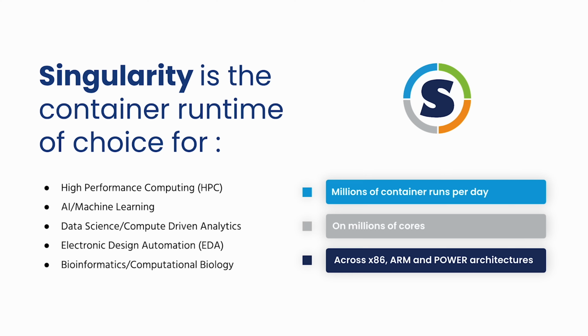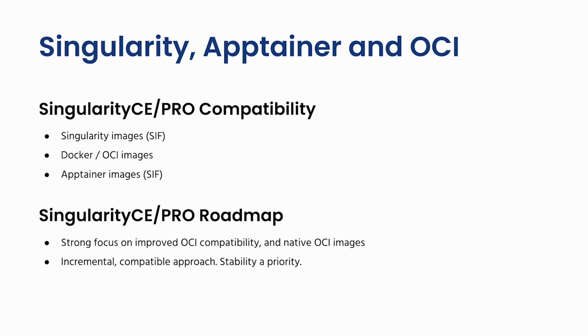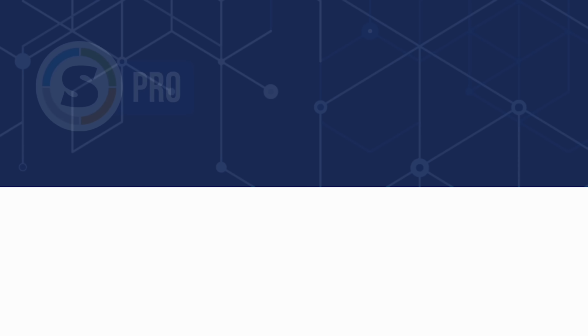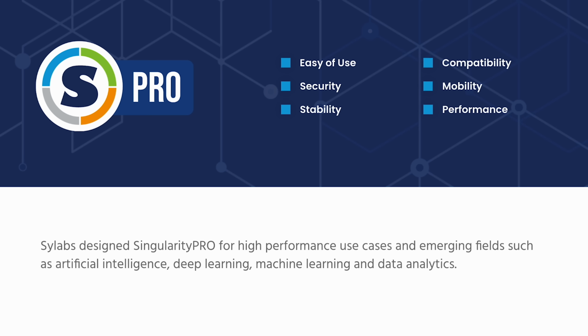Singularity is a container runtime and image format used in a variety of applications and industries, on large-scale systems with 100,000 nodes, to single-node systems across 3 major architectures. Compatibility is a key requirement for the variety of different workflows, since many customers use a variety of container runtimes with the OCI format. Singularity can use an OCI image as a source to run or create a SIF container image, which is then used to deploy across compute resources, whether on-premises, in the cloud, or more commonly in hybrid computing environments.